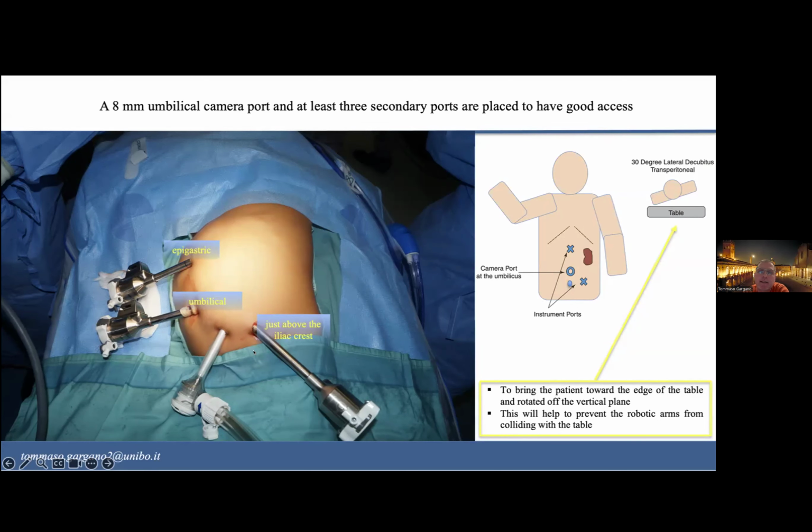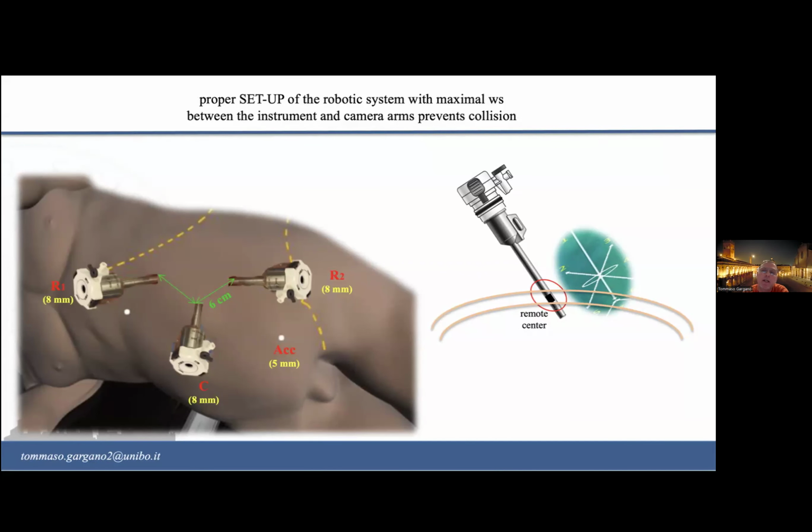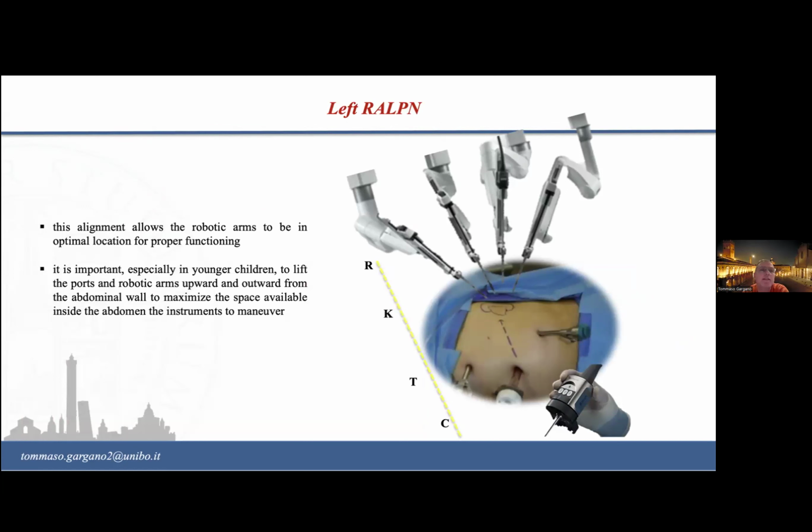In fact, to ensure good maneuverability and a lot of degrees of freedom. This position, this setup, this alignment allow the robotic arms to be in optimal location for a